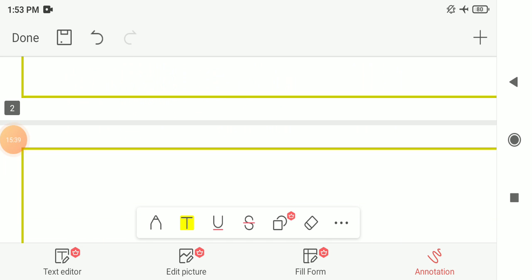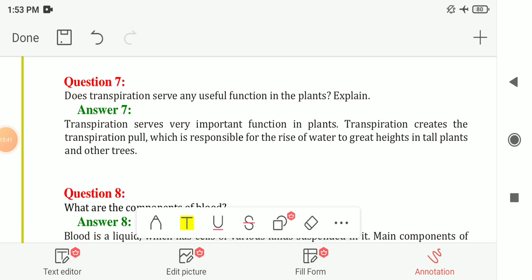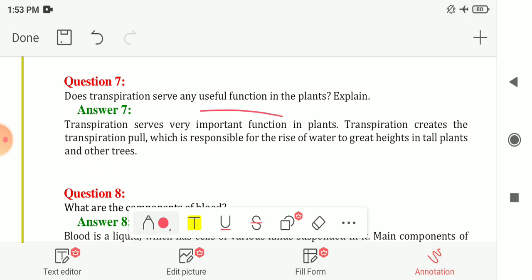Now next question is question number 7. Does transpiration serve any useful function in the plants? Explain. What is the purpose of transpiration in the plants? So transpiration serves a very important function in the plants. Transpiration creates the transpiration pull, which is responsible for the rise of water to great heights in the tall plants